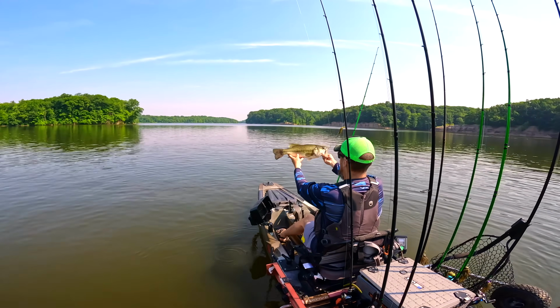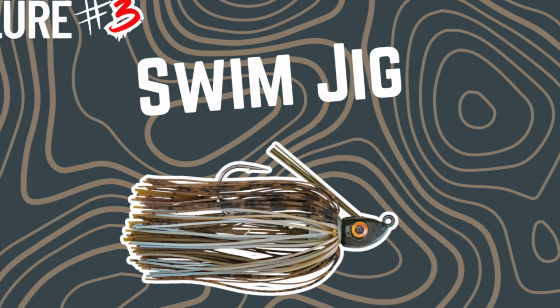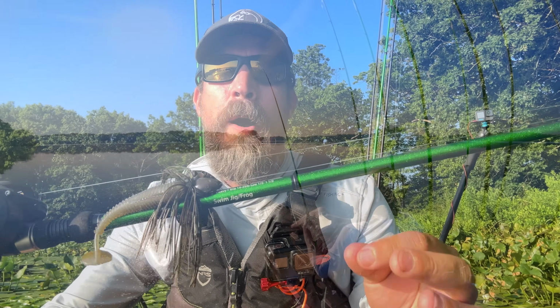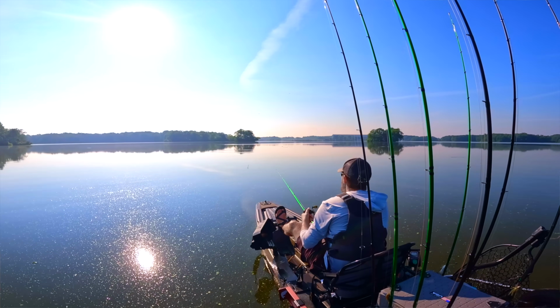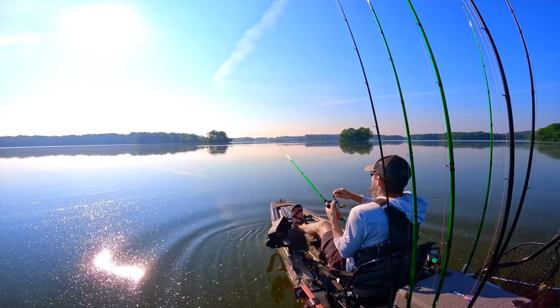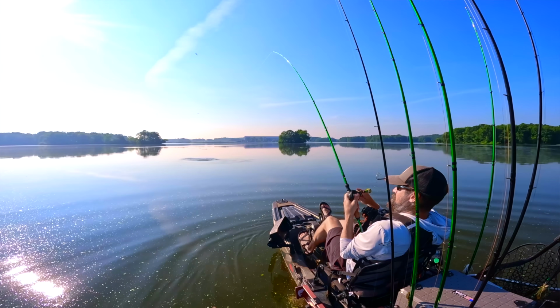in the comments below. All right, lure number 3, this is going to be the SWIMJIG, right? This thing is usually the reason for my biggest fish in July and August. Now, what makes the SWIMJIG special? It's built to move, think chatterbait, but a lot subtler, right? It glides through cover like a dream, and the lighter weed guard and thinner gauge hook really helps with better